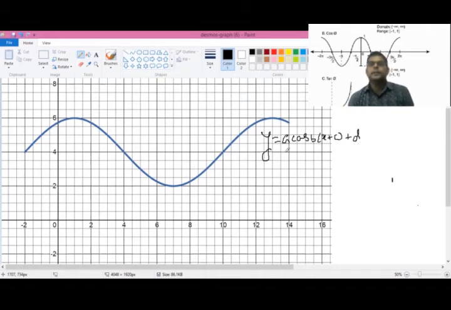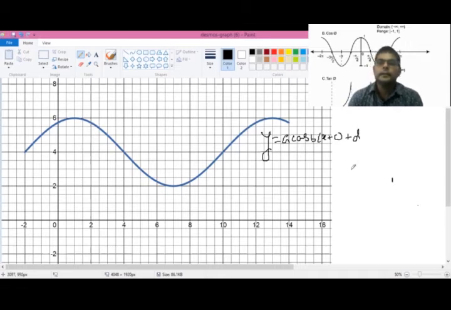If you get the values of a, b, c, and d from this graph, then you will have the periodic equation for this graph. Here, a is the amplitude and d is the translation of the graph along the y-axis,